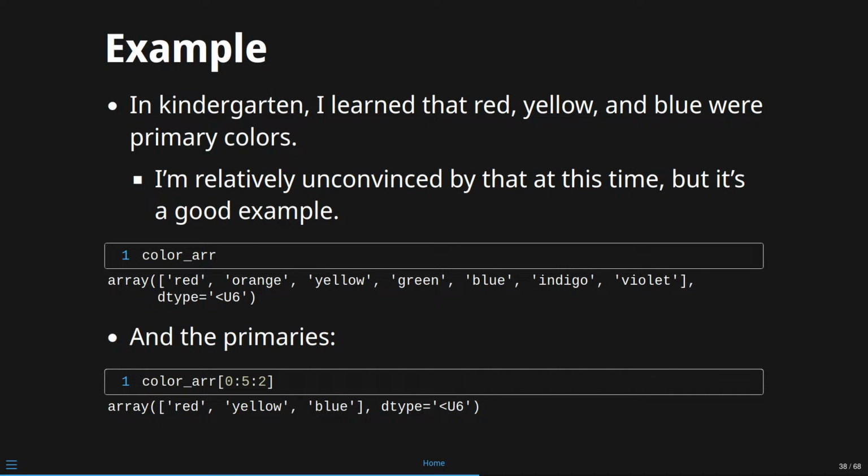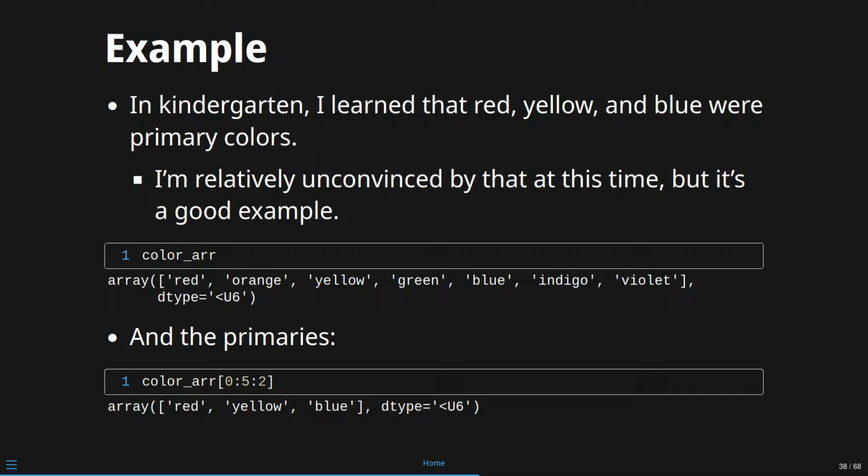So I don't know what you learned in kindergarten or what you remember from kindergarten. I remember at some point I found out that kindergarten was just German for children garden, and I don't know if that's the garden they put the children in or the garden that the children come out of, right? Like, do you plant the children and they grow? I remember having regular drink and snack breaks in kindergarten, and I wonder if that's because they were watering me like a plant so I would grow. That's my theory. But anyways, in kindergarten, the Garden of Children, I learned that red, yellow, and blue were primary